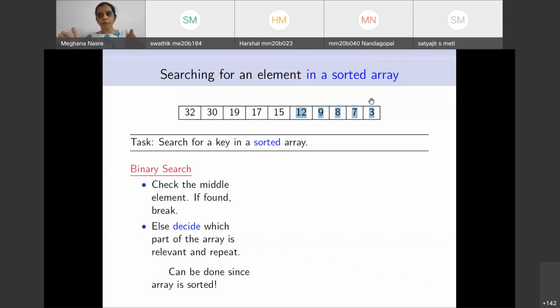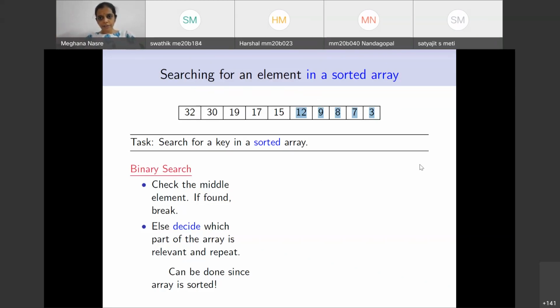Remember, the nice part about this is that the smaller subproblem is also an array. It is a contiguous set of elements, and this is also sorted. Both these things are guaranteed to us given that the original array is sorted. So we were in the process of writing this code for binary search.